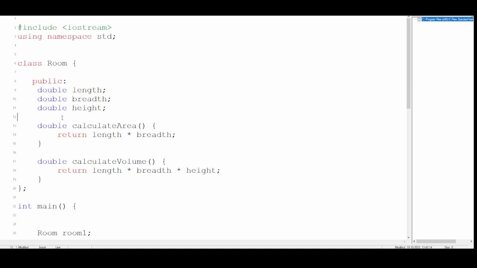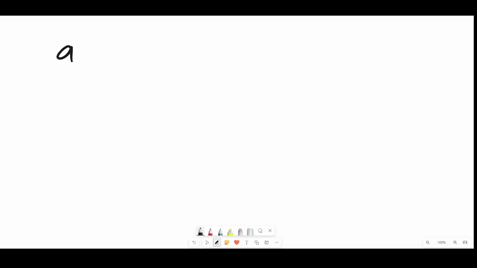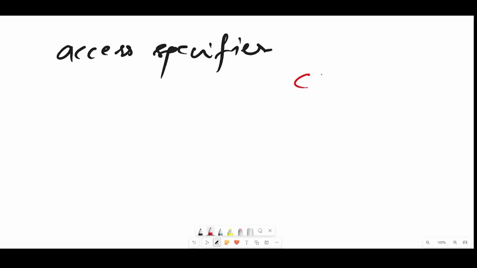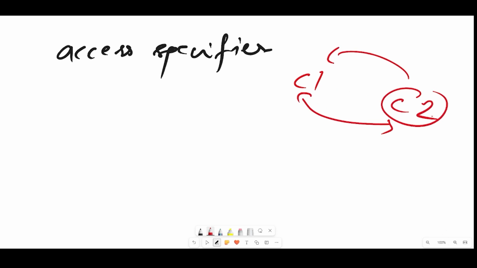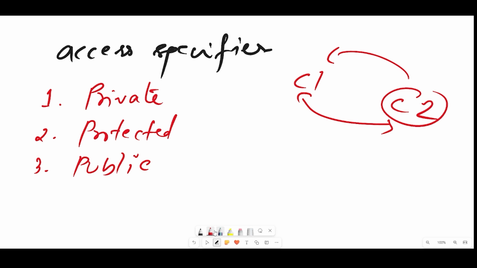When we use classes, we have 3 access specifiers. What does that mean? For example, if I have a class, and maybe another class also, class 2. This class wants something from the other class. So for that, it should access it. How can it access? There are 3 kinds of members present in one class. We have private members, we have protected members, and we have public members. For now, we'll not discuss the second one. We'll discuss the first one and the last.